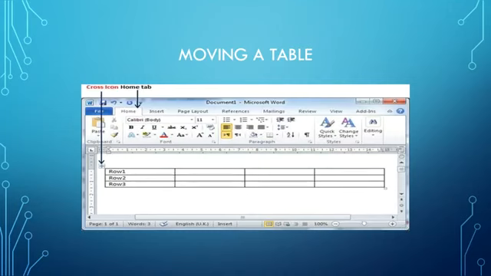This plus sign is known as the table move handle. With the help of this table move handle, you can easily move your table by simply using the left mouse button and drag option. You have to hold your left mouse button, drag it and place it where you want to move your table.